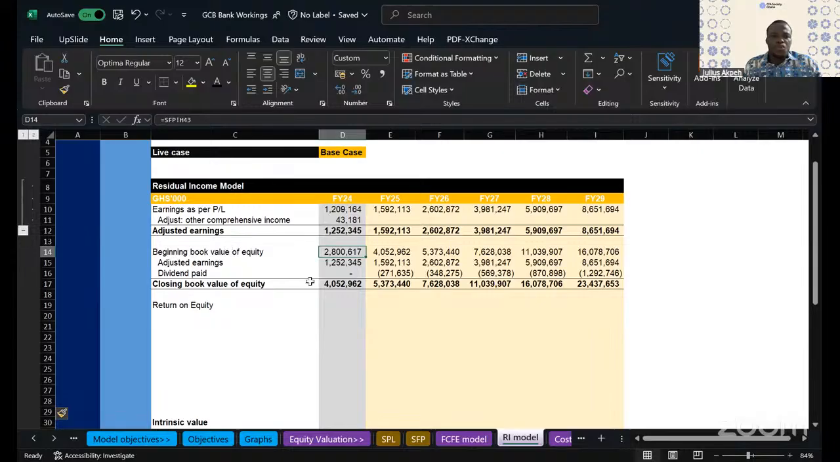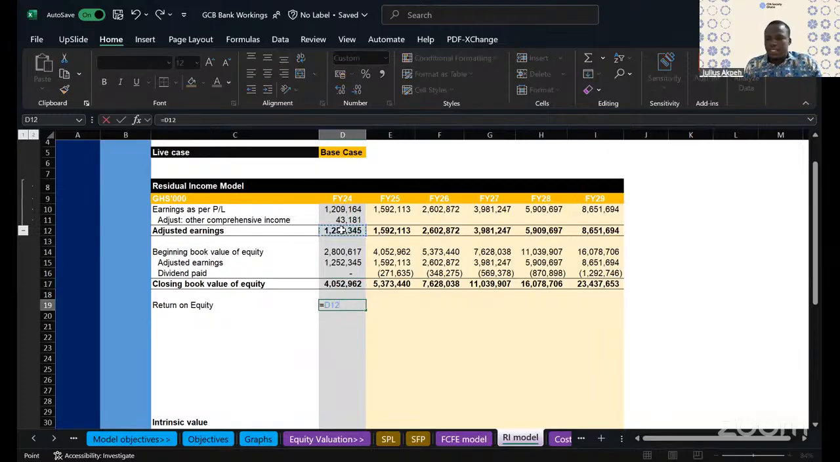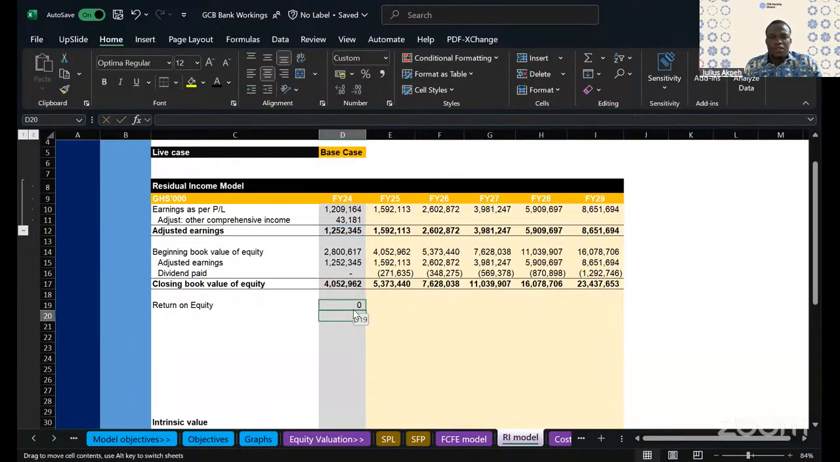So when we do the return on equity calculation, it will be based on the opening book value of equity rather than the closing, which is 4.052. If you do it on the closing, you do adjusted earnings divided by closing book value of equity, and that is going to give us